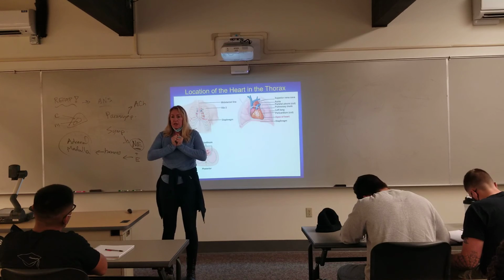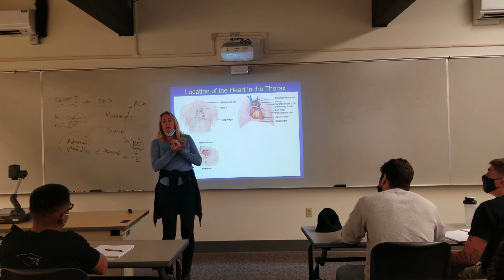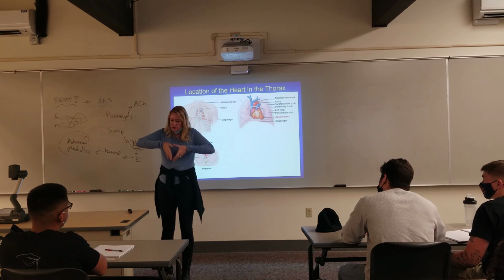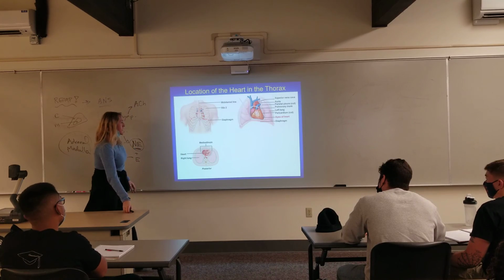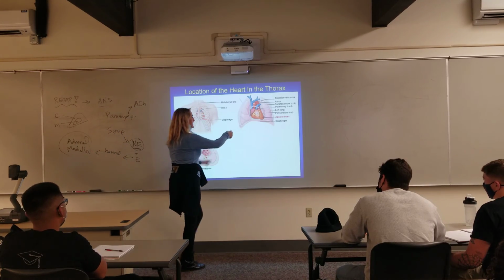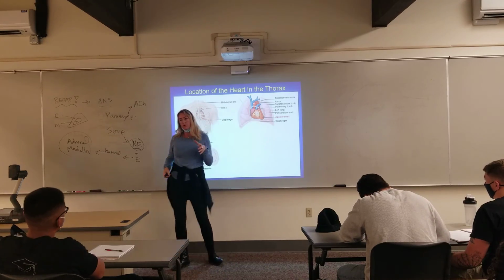So the heart is actually like this. It's in the center of the chest, behind the sternum, protected, and it kind of sits back and tilts to the left. So the point of the heart actually doesn't go straight down, it kind of goes like that, and it sits back, okay? And it's sitting on top of the diaphragm, located in the mediastinum, between the 2 lungs. And actually your left lung has a cardiac notch to make room for the heart, because it has that